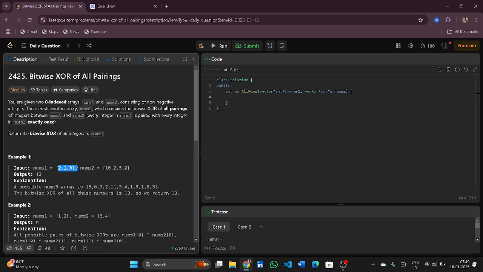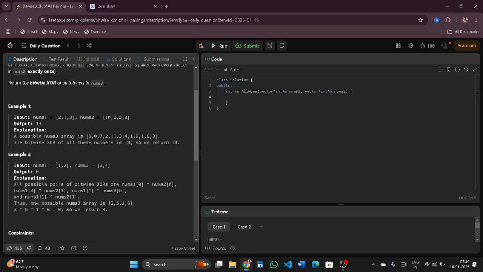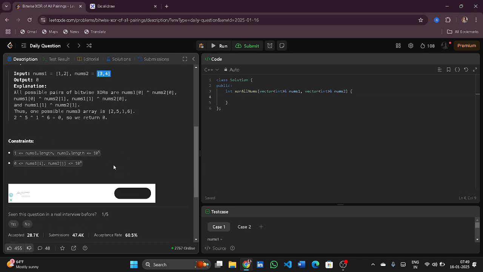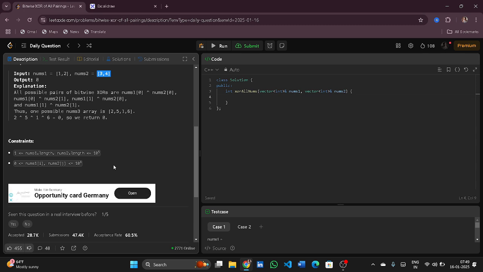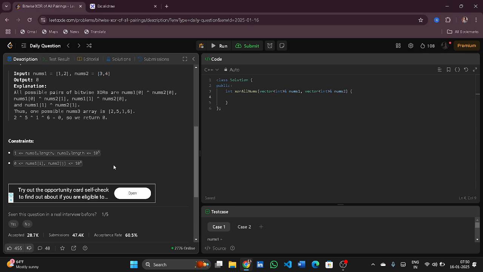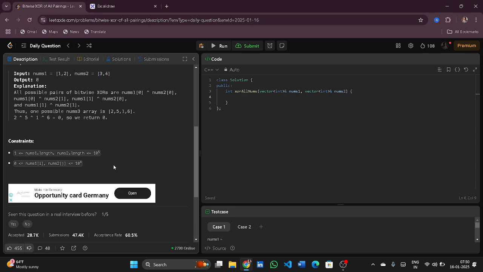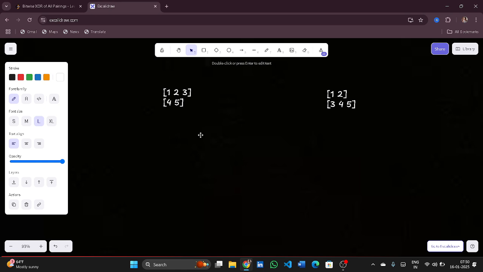So if you see here 2, 1, 3, 10, 2, 5, 0. So 2 is XORed with 10 and then 2 and 2, 2 and 5 and 2 and 0. Here we are given another example, 1, 2, 3, 4. Initially, the thing that comes to mind is brute force using two loops and constructing the XOR nums3 array. Then we will get a memory limit exceeded error. Even if I XOR directly instead of constructing a nums3 array, I will get a